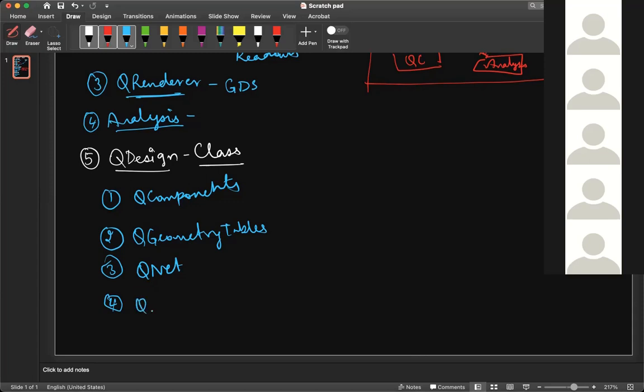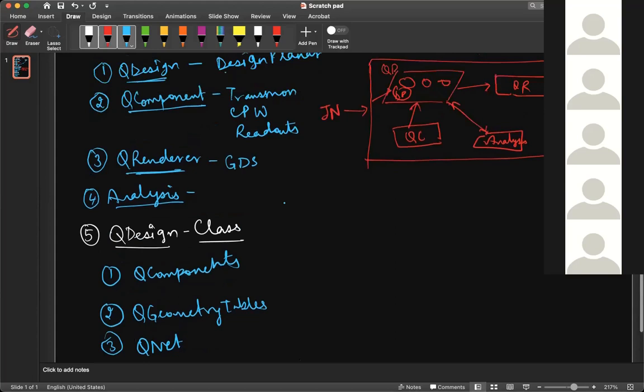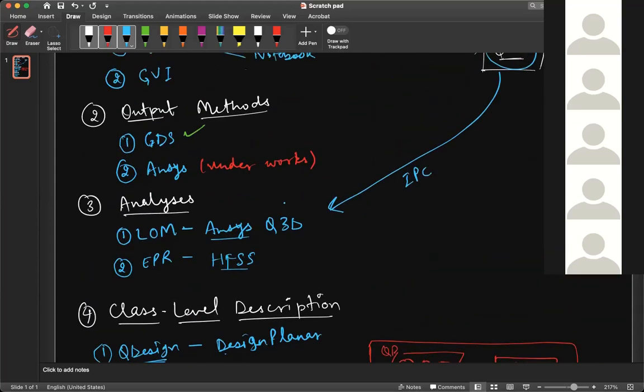You can pass one more parameter to define what kind of renderer you want, like exporting in GDS format or some kind of ANSYS 3D representation format. As I told, only GDS is available as of now, but there might be more such things available in the future. So this was an overview of the software.